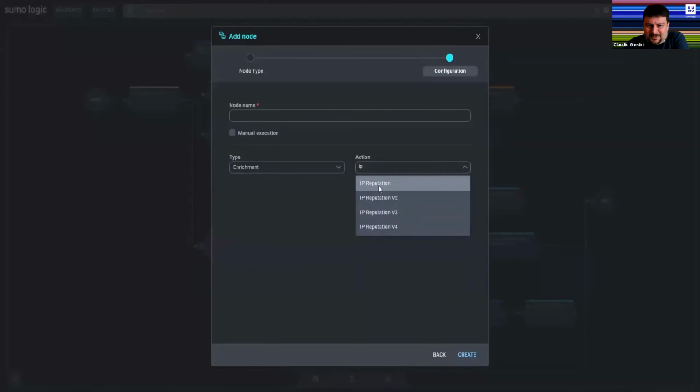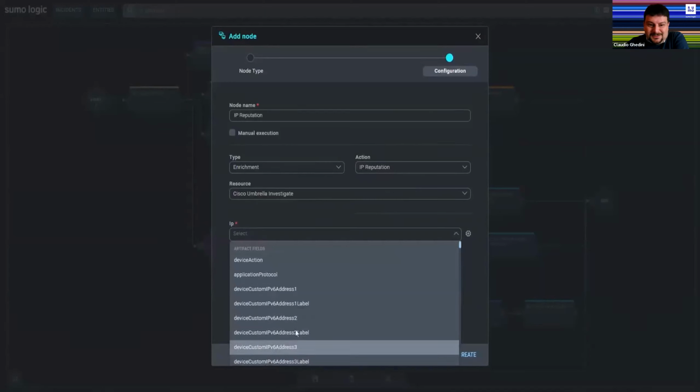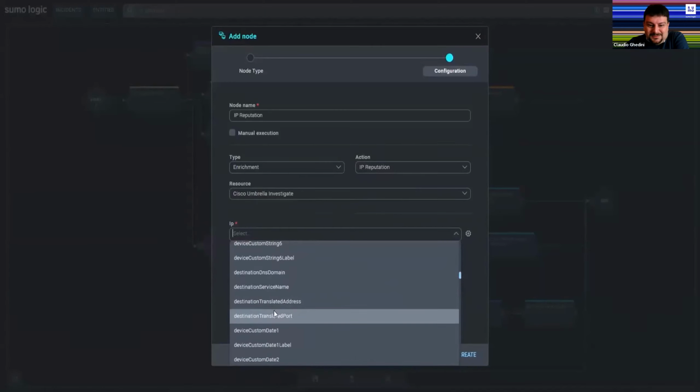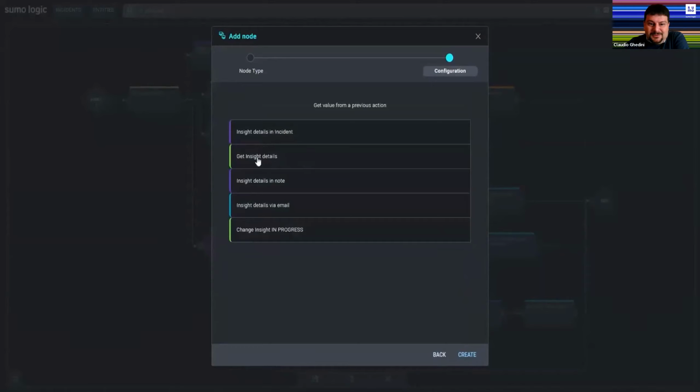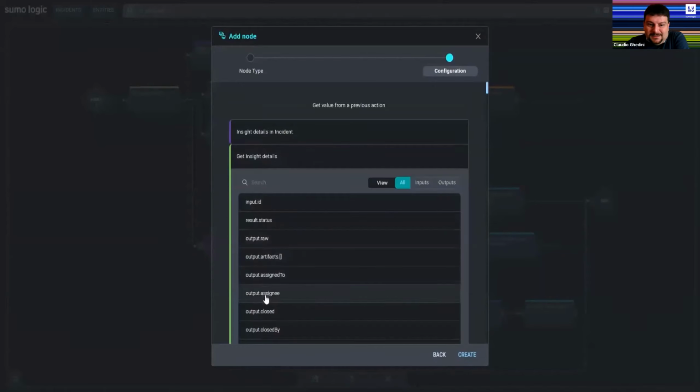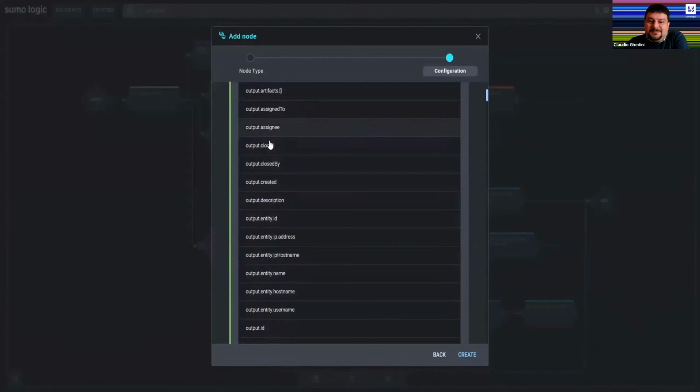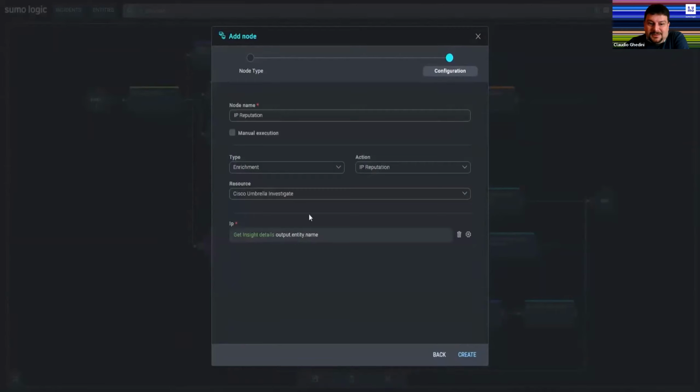For example, we can have the IP reputation on these resources, and for the input of the action, we can provide, for example, any of these incident artifacts, which are variables that you can use to store information inside the execution of each incident. And you can also pick, obviously, any input or output values of any previous action that you have in the workflow. So, for example, if we put this one, this is the result of this get insight action